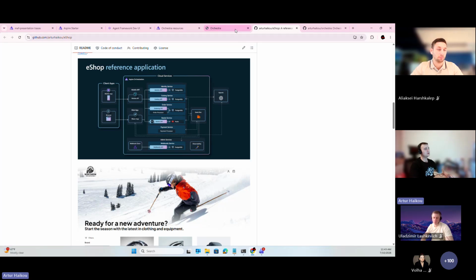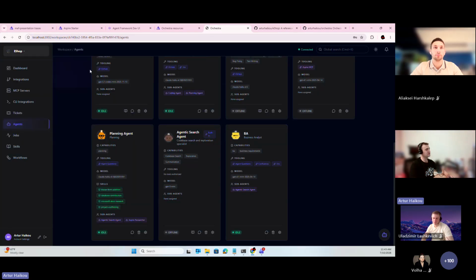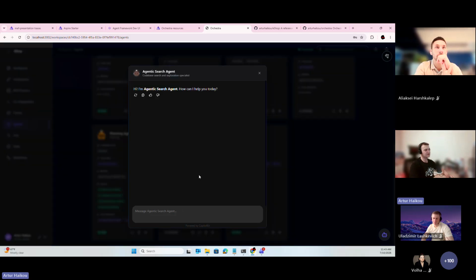As you can see, now I'm in the eShop workspace, and I'm able to ask some questions related to the code for this particular repository. And I can ask how the order processing works.